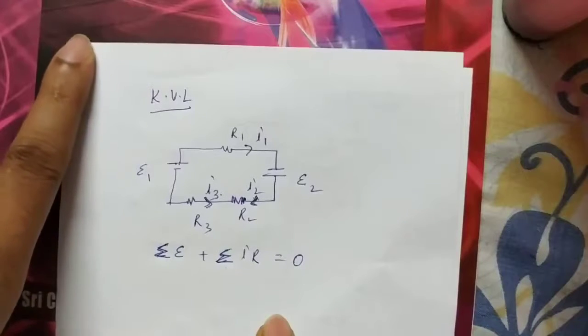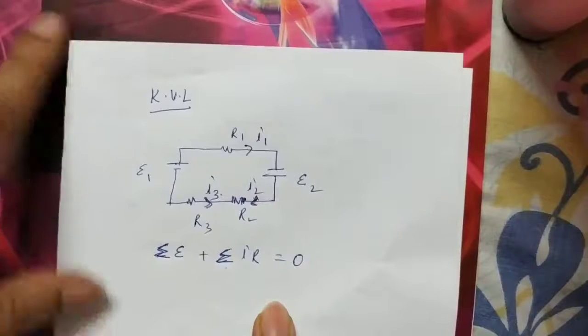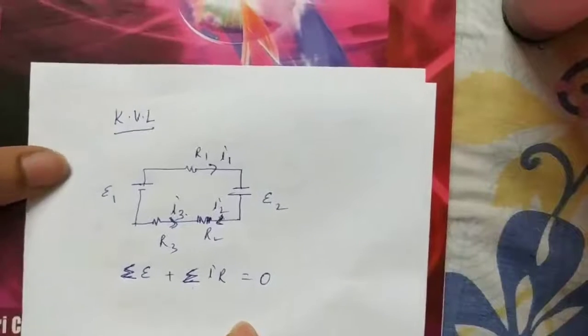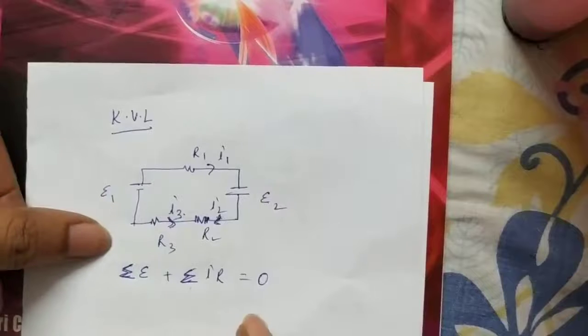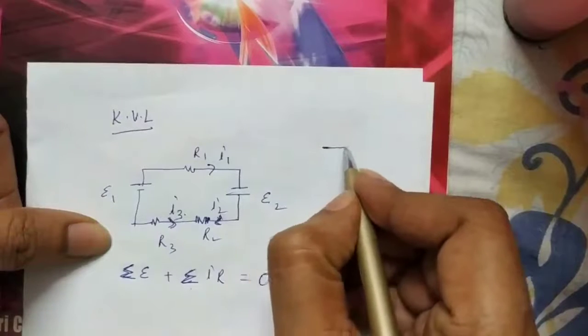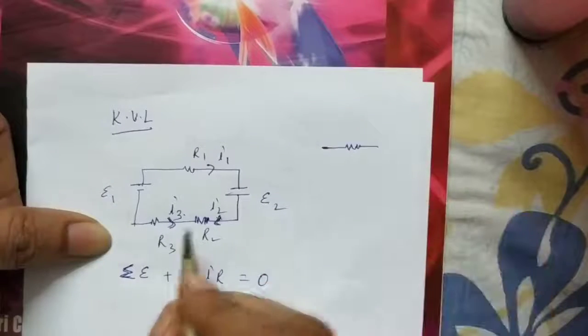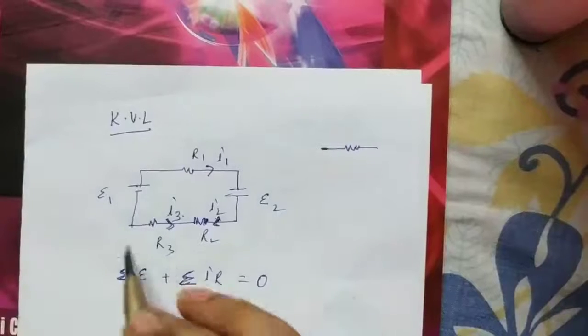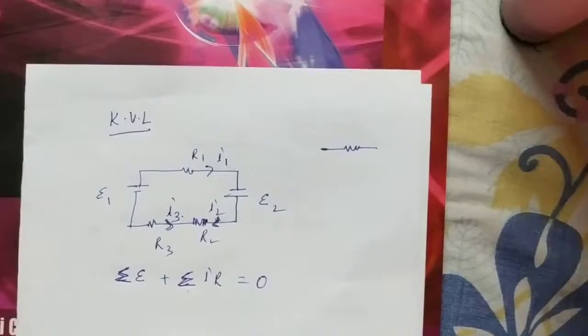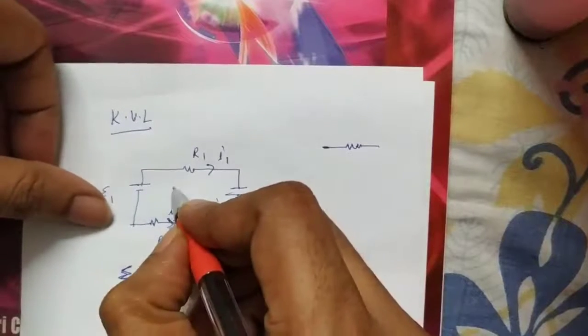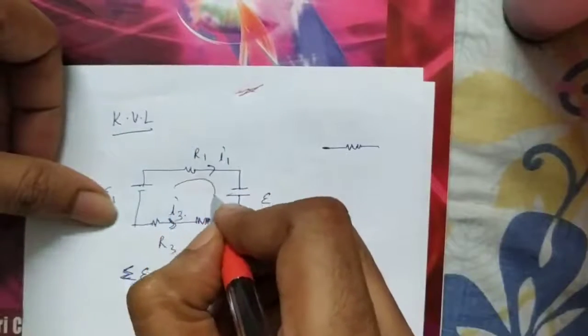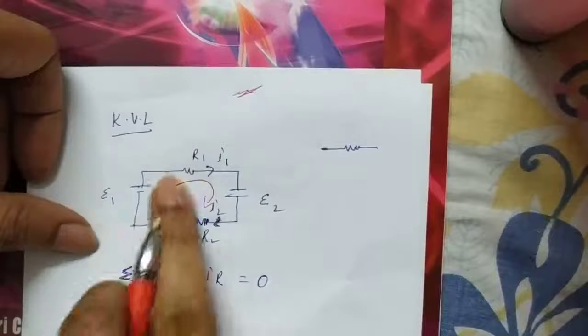That is Kirchhoff's voltage law. And to apply Kirchhoff's voltage law, first you have to know sign conventions. Suppose this is a resistor; here we have two directions. One is how current is flowing in the circuit. The other is how we are moving to apply Kirchhoff's voltage law. Here, to apply it, we are going in the clockwise direction, you can think.